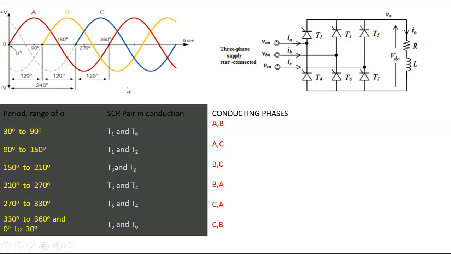Okay, I'll show later on. Now come on, 90 to 150. Just see the input supply. No engineering explanation here, just observe the graph. 90 to 150, where 150 is the point of intersection of A and B. If you see up above the x-axis,